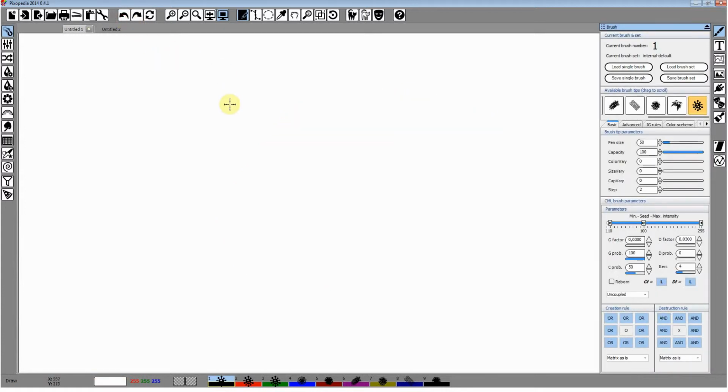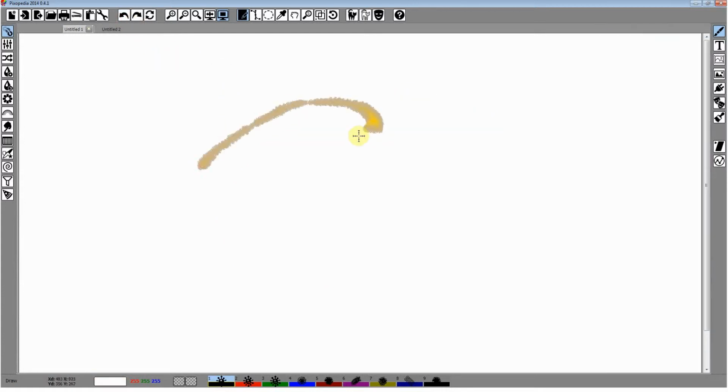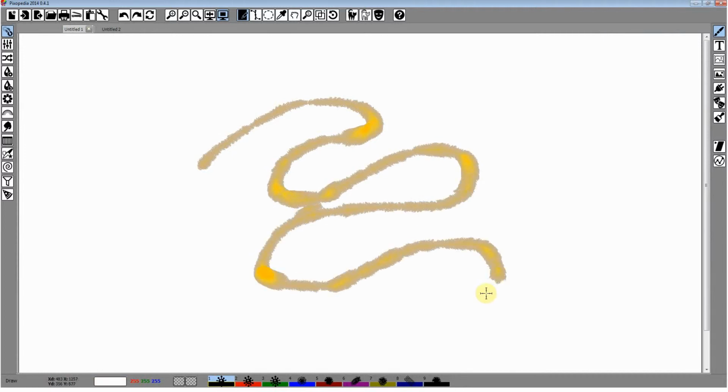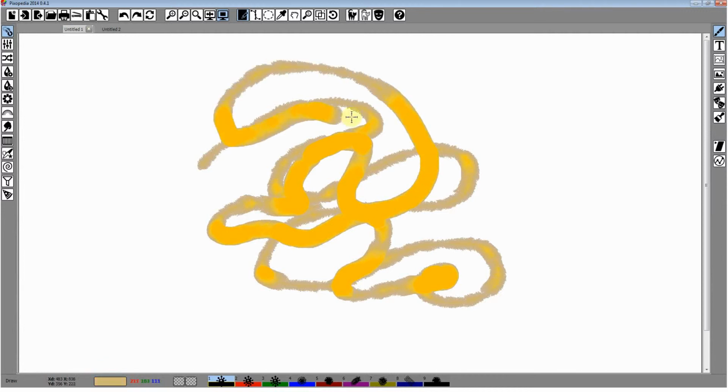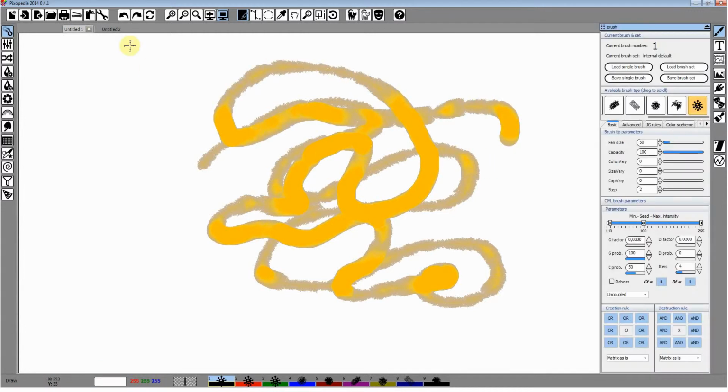This stroke depends on the movement of your brush or tablet pen, and it interacts with the previous stroke drawn until you release your mouse button.